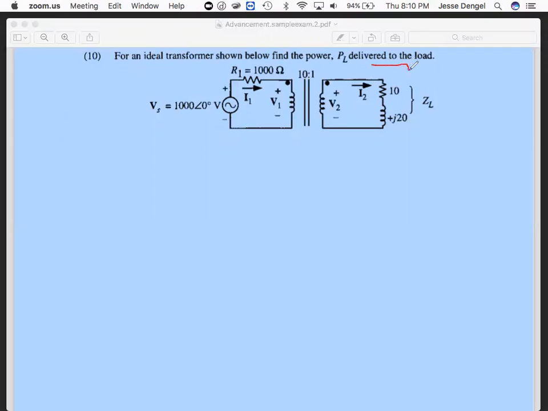And the load, because I've seen the solution, is talking about this, even though to me it seems like the load is this entire thing. So